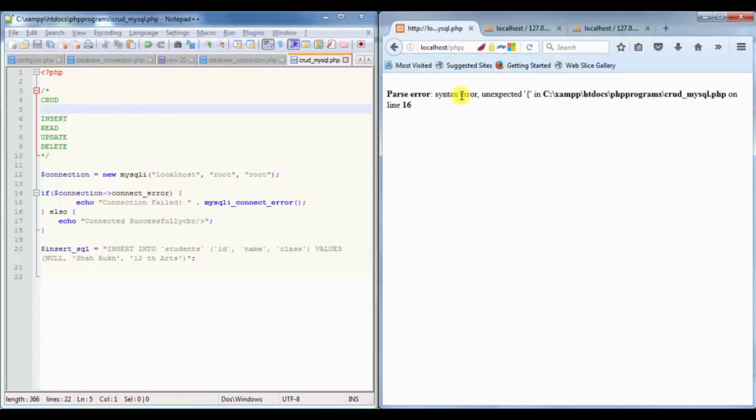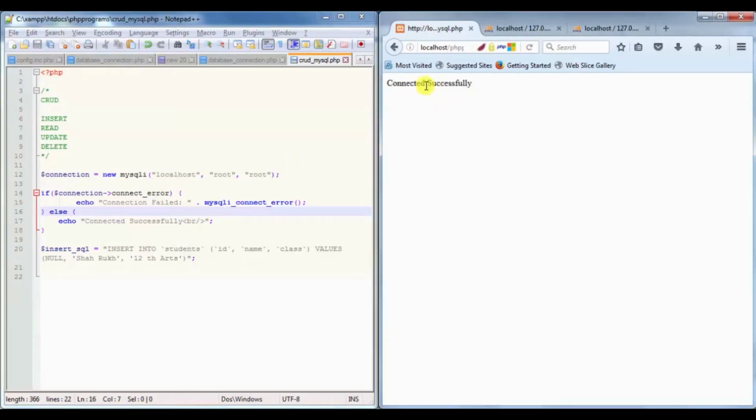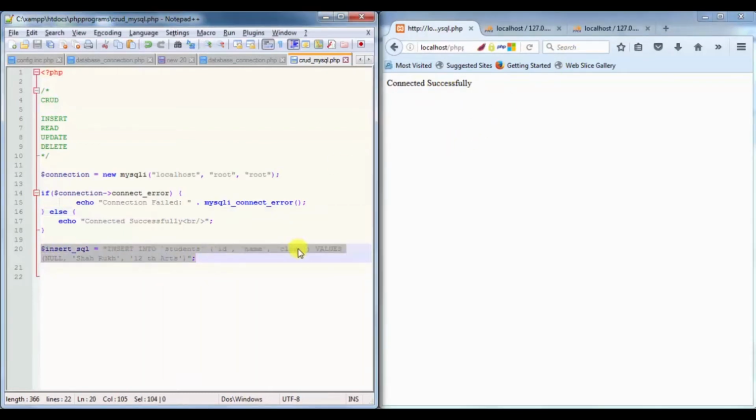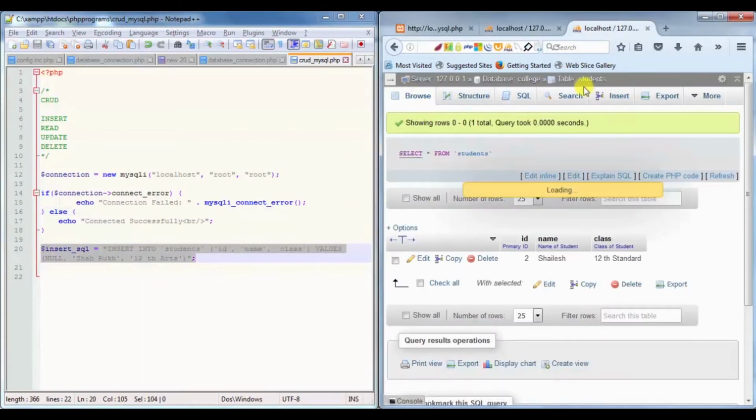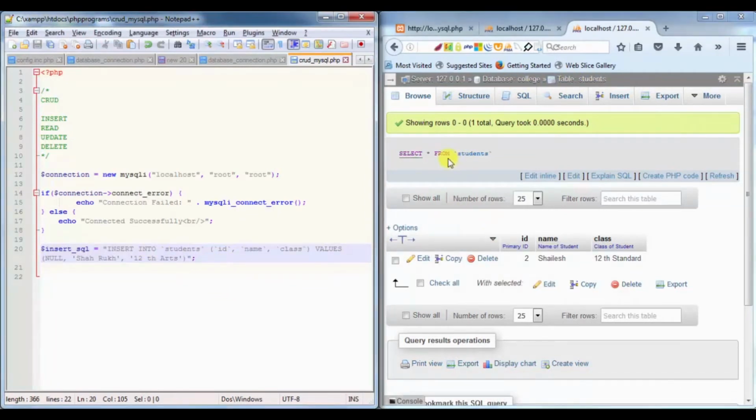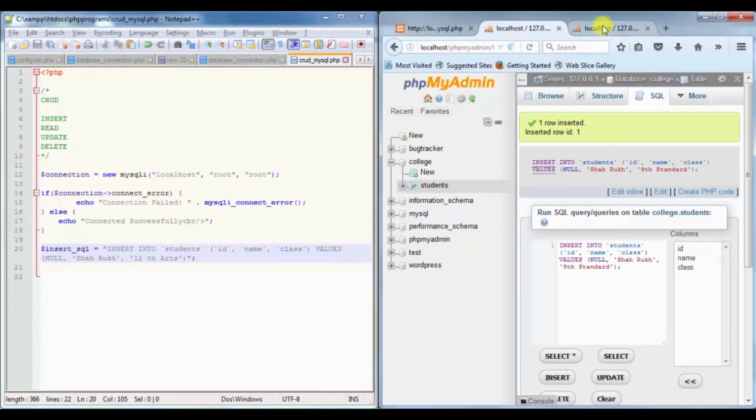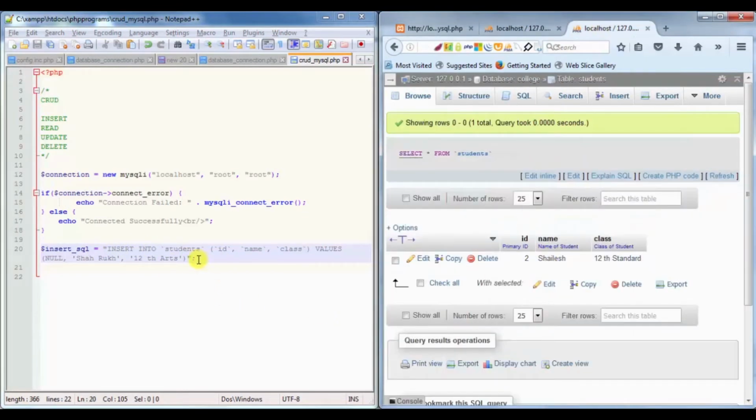And if I just click on it, syntax error, unexpected open curly brace. So I just need to check this on line number 16. Else or spelling mistake. Now the database connection is established successfully. Now if I want to insert this another data into our table, that is nothing but a students table of the college database. So I have taken out this insert query from this insertion, and I'm just using it